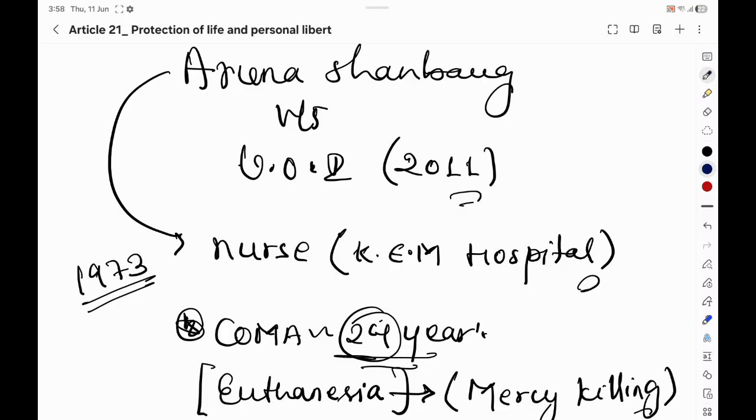So basically Aruna Shanbaug was a nurse in a KEM hospital in Mumbai, and in 1973 she suffered a brutal assault that caused severe brain damage, and as a result she remained in a persistent vegetative state, that is in coma, for decades and unable to make decisions for herself. So a journalist, Pinki Virani, filed a petition seeking the permission for euthanasia, and the Supreme Court held that active